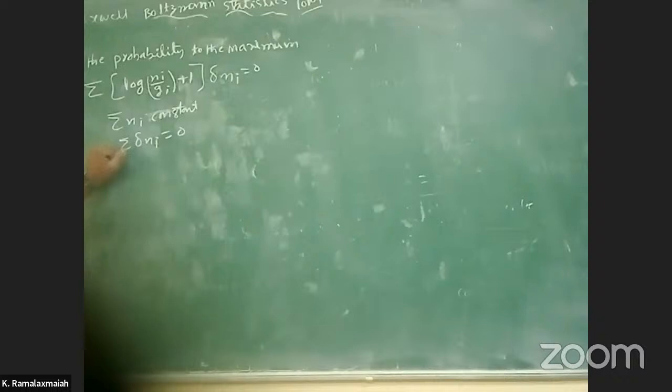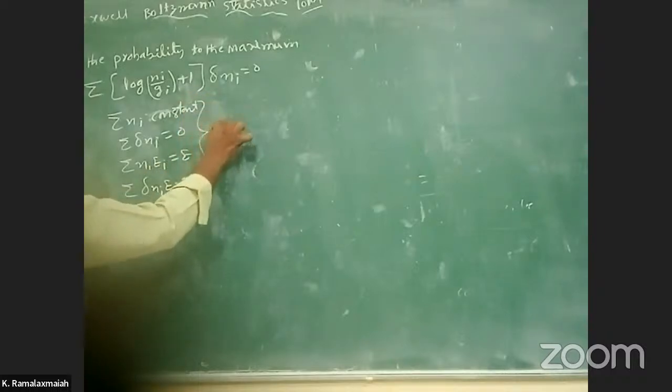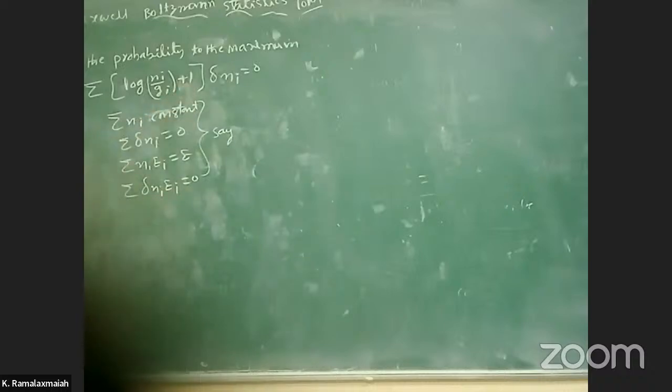So next, summation ni ei is equal to E, and summation delta ni ei is equal to 0. The total value is the same. So that formula is substituting the formulas totally. You write summation ni